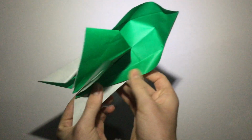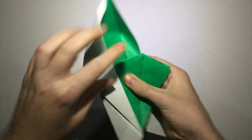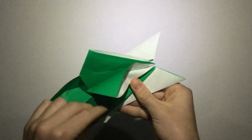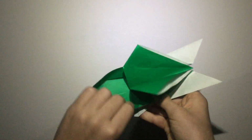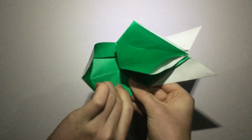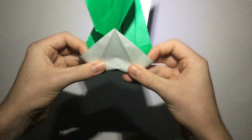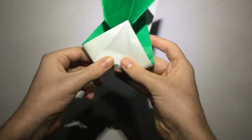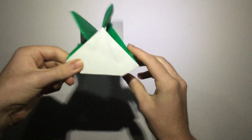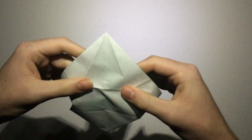Now we're going to repeat that over here. The model won't lie flat. So I'm going to fold these layers over to this side and repeat that here. So, like that. And now we can see that a crease wants to form between these two lines, and we'll allow it to, and flatten completely. Now we got to reverse this edge, so I'm going to open up a little bit, push it over,